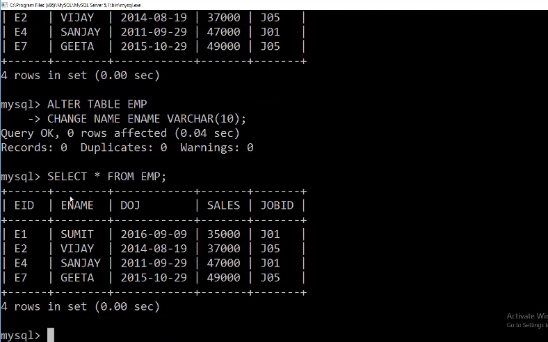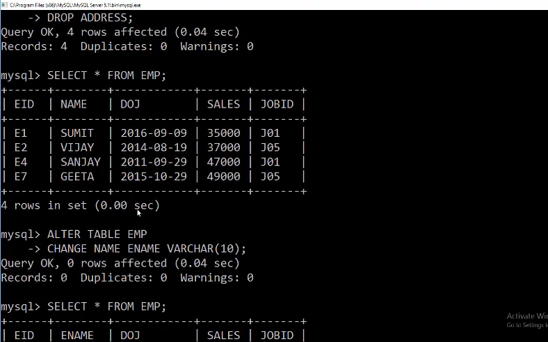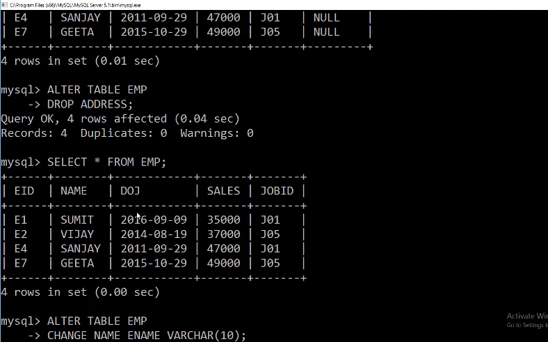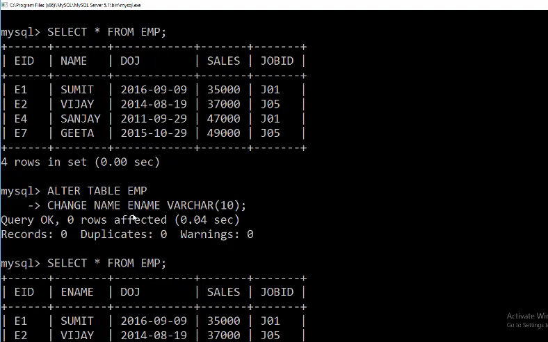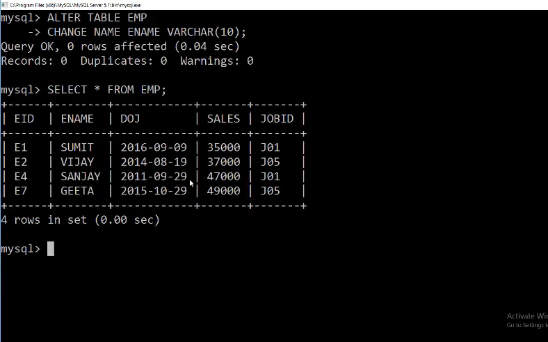See, now the column heading has been changed to ename. All these alter table commands, the changes done by the alter table command are permanent. They will be done in the table. Now if you want to increase the column size, you can do it using the modify command.